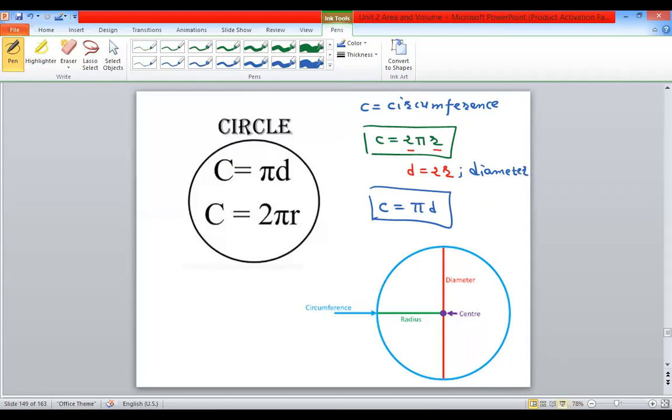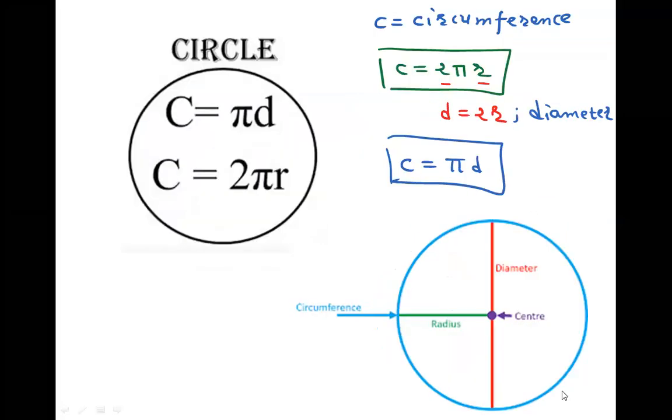So again, you must remember these two formulas to find the circumference. Sometimes you have a radius, so use 2πr. If the diameter is given, you use πD to find the circumference. So hope you remember. You must remember the second relation. In the first relation we had the center and the radius. Second, a circle is defined by the radius and the diameter. So you must remember the formula.